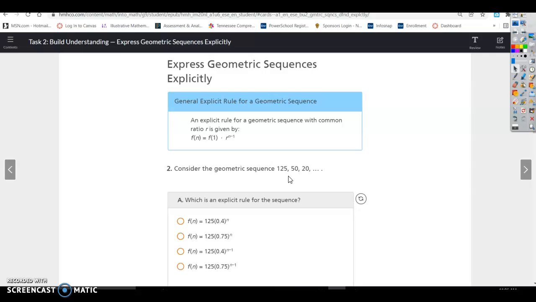So what is the common ratio? The common ratio is what you have to multiply to get from one term to the next term. So if you multiply to get from one term to the next term, then you're going to divide to get from here to here to see what it is. So you can say, what is 50 divided by 125? And if you pull up the calculator, you can see